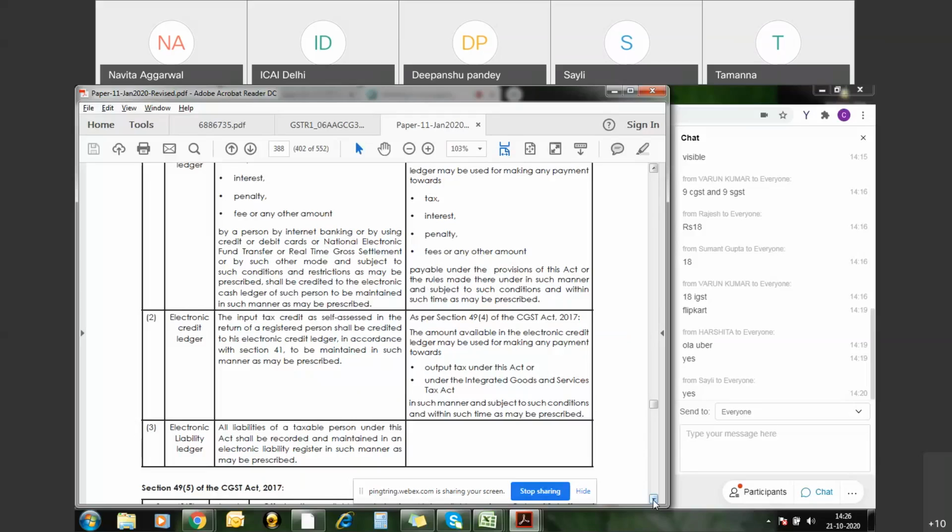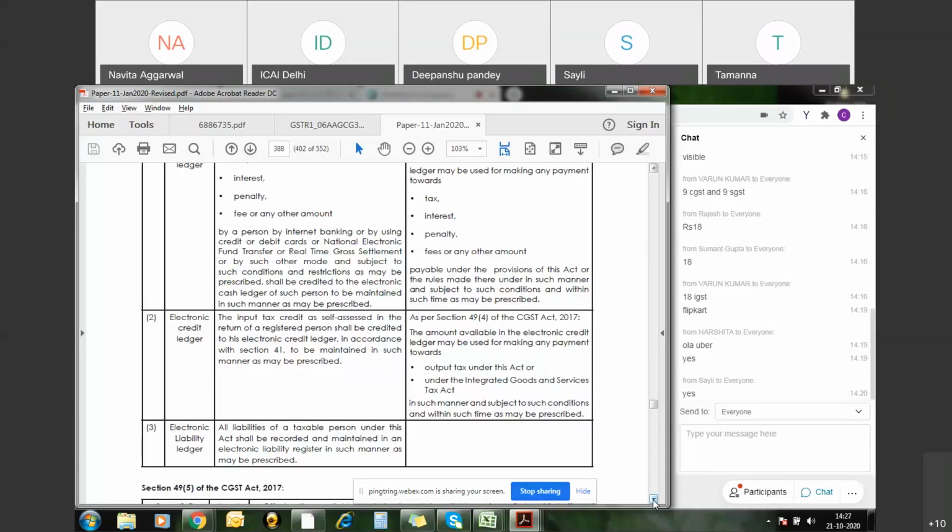Input GST receivable will always have a debit balance, and outward liability will always have a credit balance. So when we are liable to make the payment, we set off the ITC. The entry passed is output GST debit to GST receivable. This is how the input tax credit as self-assessed works.